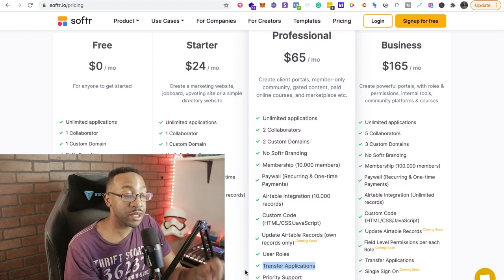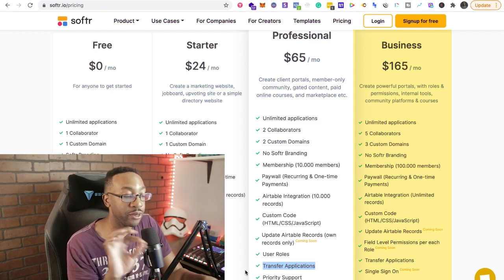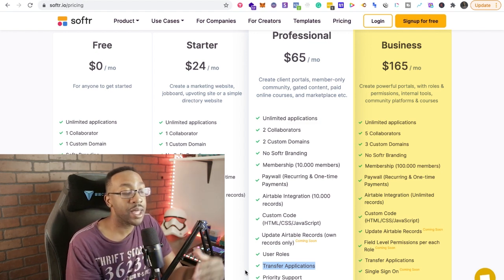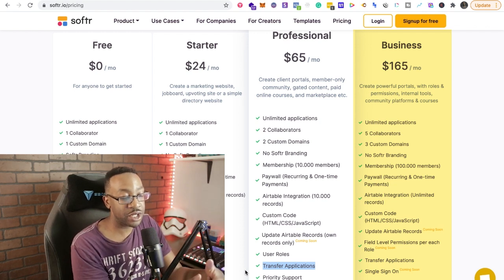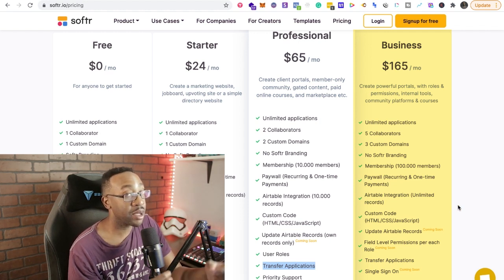Shifting over to the business plan, the thing that jumps out at me is twofold. Number one, the single sign-in, and also the field level permission per each role. That allows me to have a little bit more sophistication if I needed to, and that's just something to keep in mind. And then also single sign-on. That could be a big driver. That could be something that I could be offering for my clients or different ones I work with as a bonus where I'm going to upsell them having that feature.